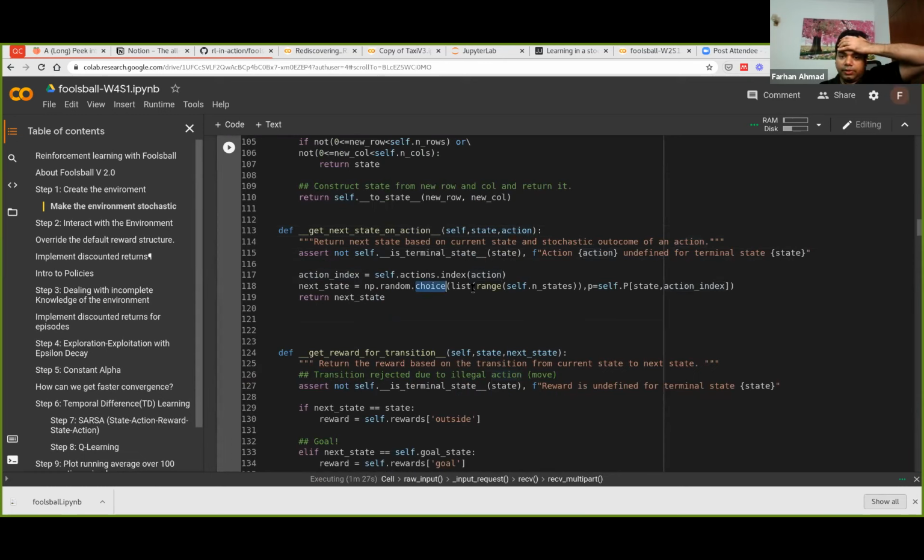So this is a list of states, and this is the probability corresponding to those states. We have specified the starting state and the action index. So this will give us an array of size 20, and then you sample from those states. Of course, the way we have implemented it, only 4 of the nearest states will have non-zero probabilities. So what you get here is one of those 4 states. So with these changes,